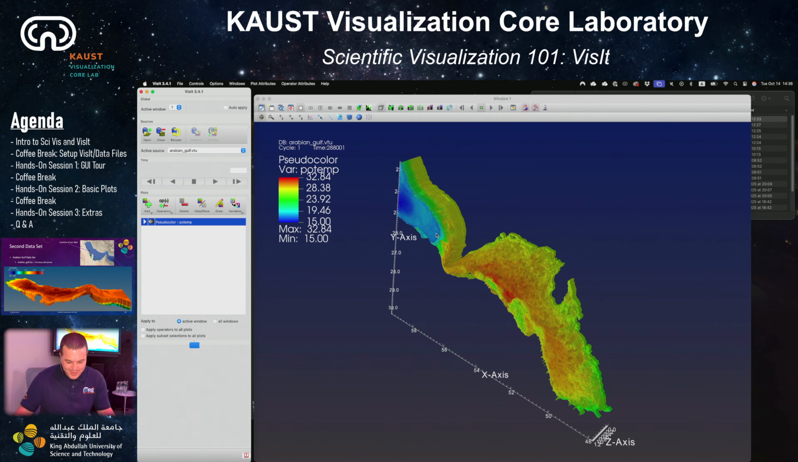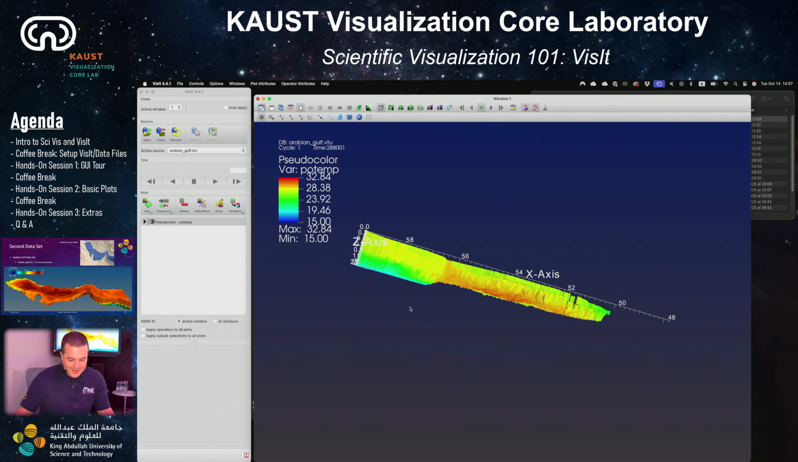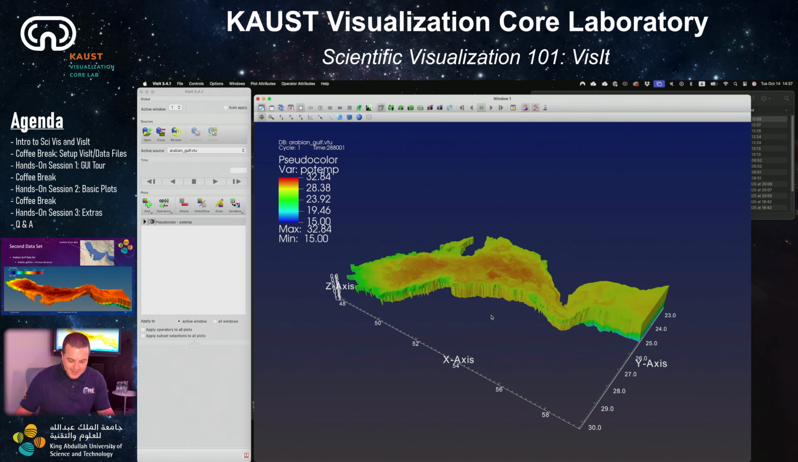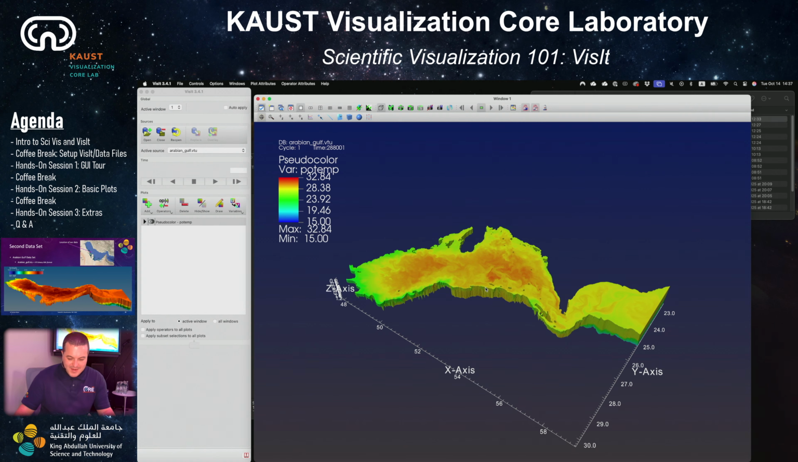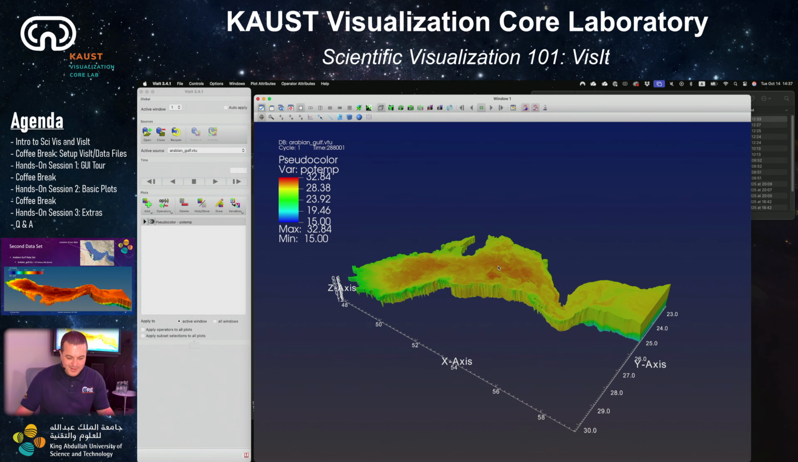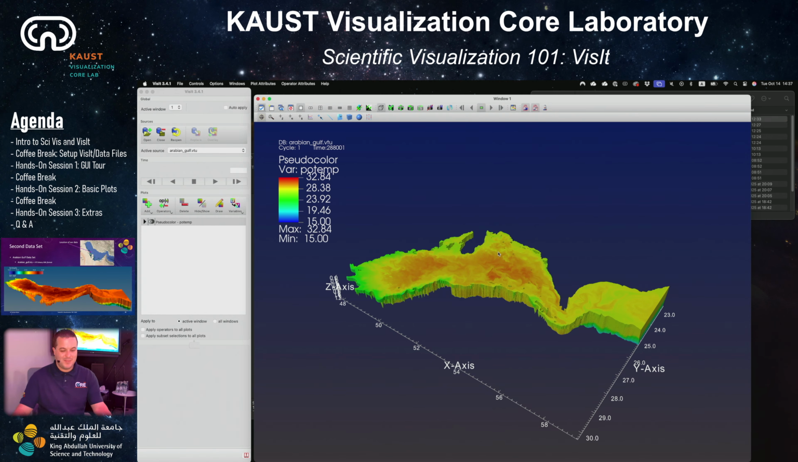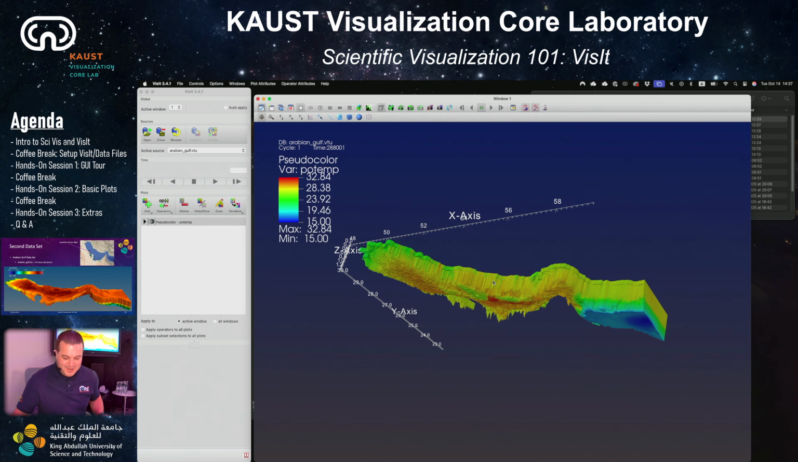Click draw, thought for a few seconds, and then it did it. So looking at this data, it doesn't look like it's in the right orientation, right, based on our map. So it's kind of backwards. So we need to do some work to make this actually look like the real Arabian Gulf, because this is